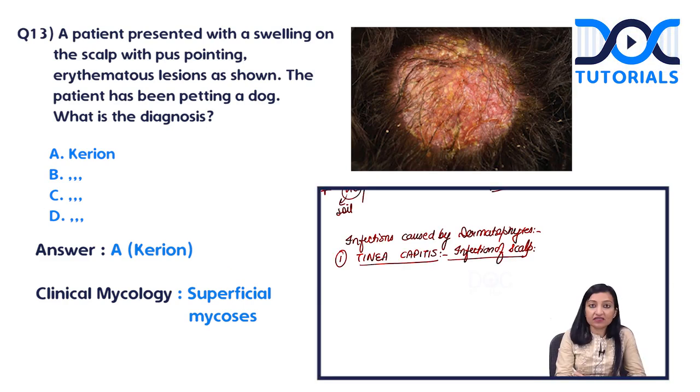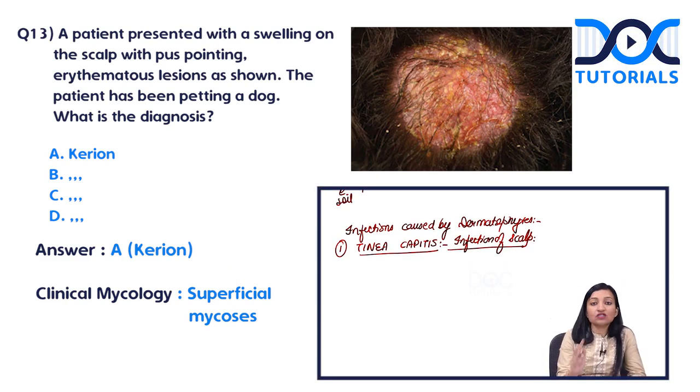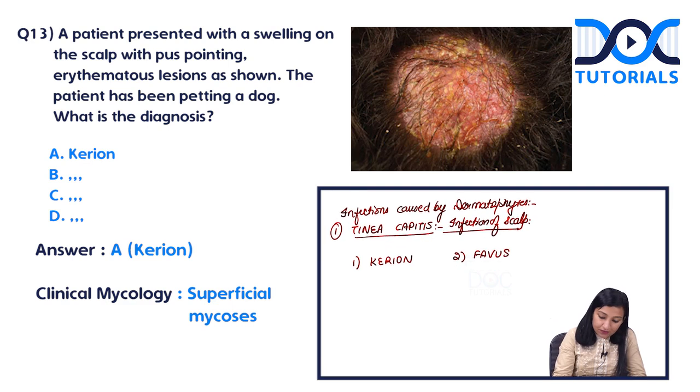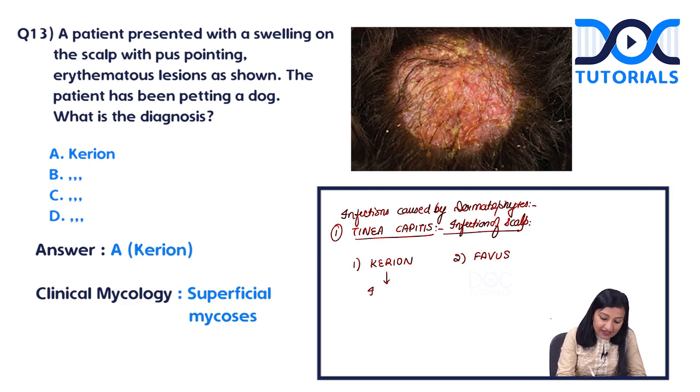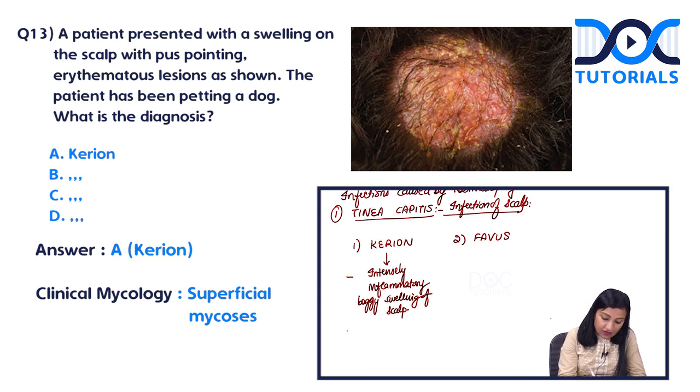We have got 4 entities and I'm gonna take up 2 and 2 together. Now first and second entities are known as Chirion and Favus. Alright. Now what is Chirion? It is an intensely inflammatory, boggy swelling of the scalp. It is characterized by scarring alopecia,